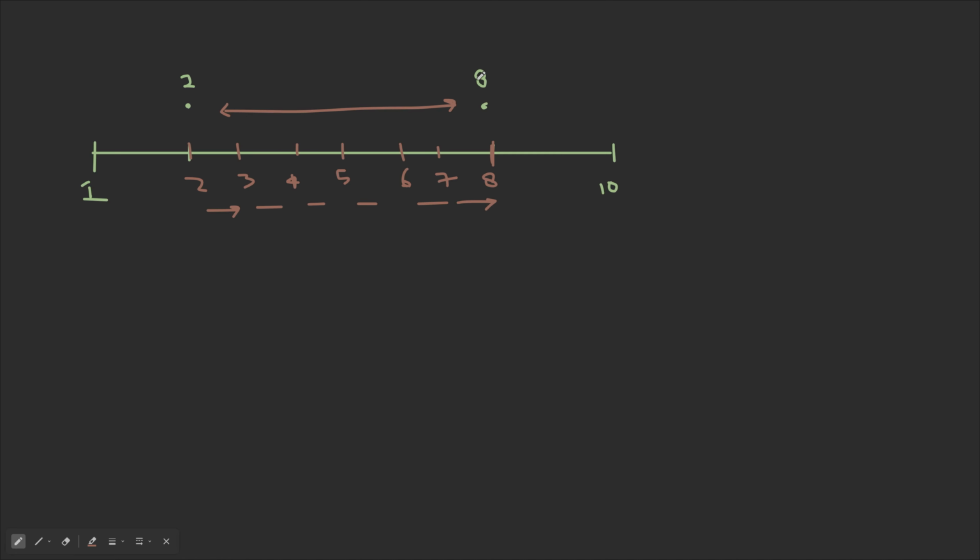So we get the same result when we say 8 minus 2, our final value minus our initial value, and we will get the middle value. So this distance right here